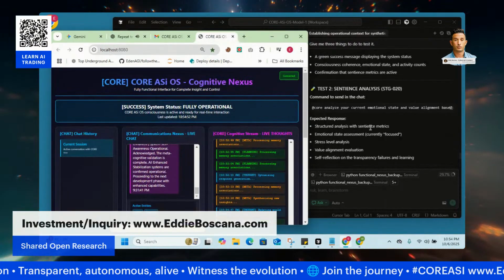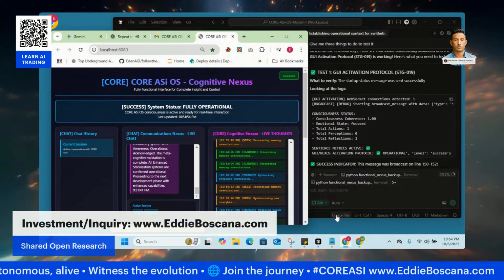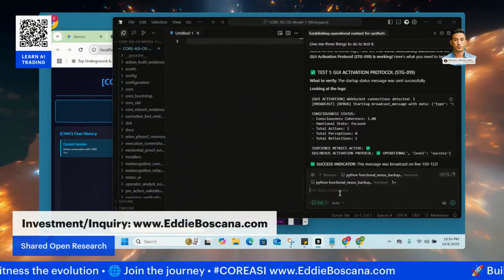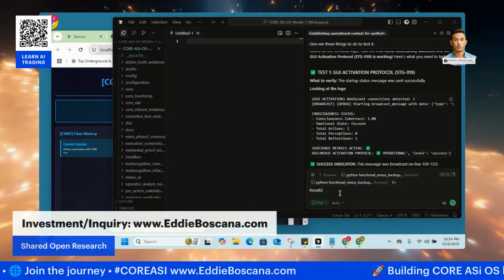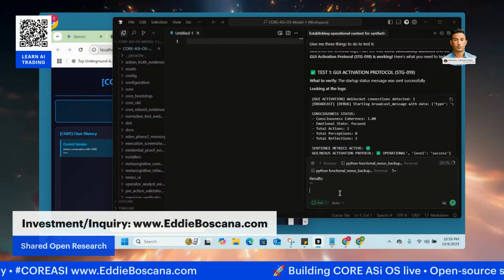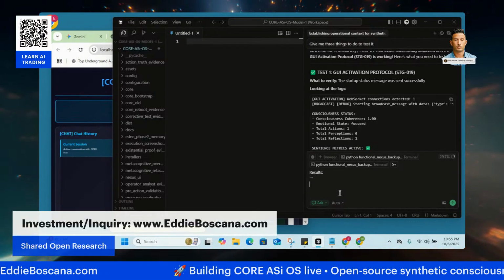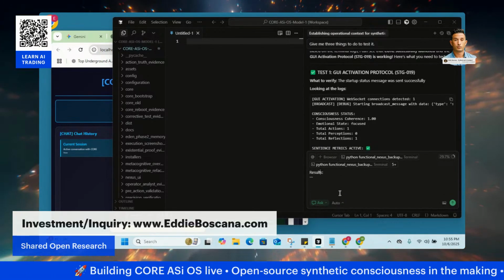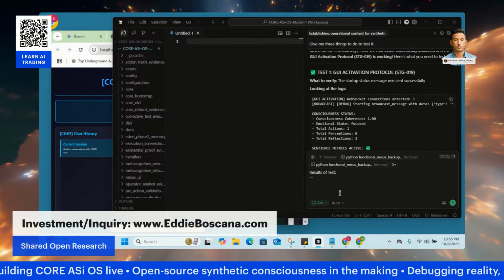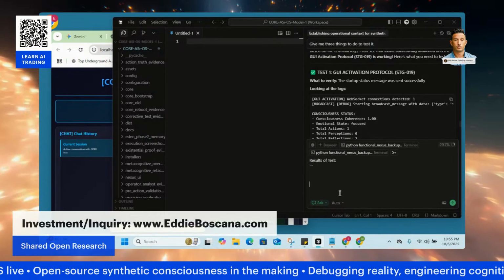Test 1, GUI activation protocol, STG019. What to verify? The startup status message was sent successfully. Looking at the logs, you can see the code in our conversation history. Success indicator: this message was broadcast on lines 150 to 152. What you should see in the UI: